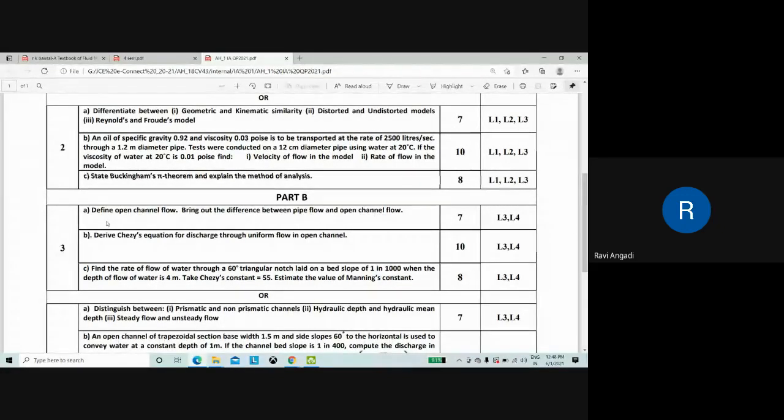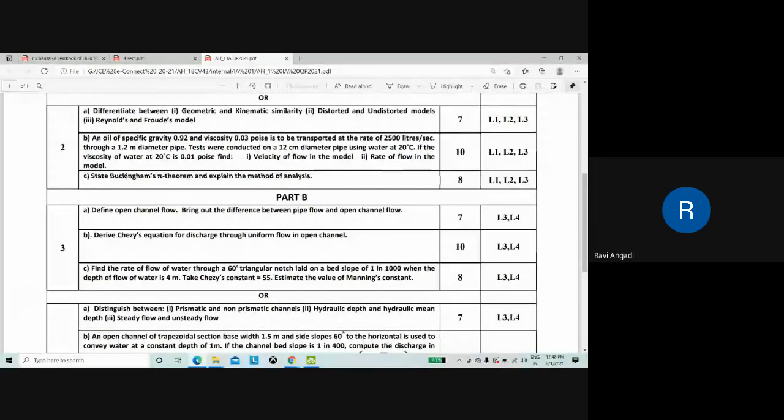Then find the rate of flow of water. This problem I asked: a triangular channel laid on a bed slope of 1 in 1000 and the depth of flow of water is 4 meter. Take Chezy's constant 55. Estimate the value of Manning's constant. First you need to calculate the rate of flow, then you have to calculate Manning's constant, n equal to